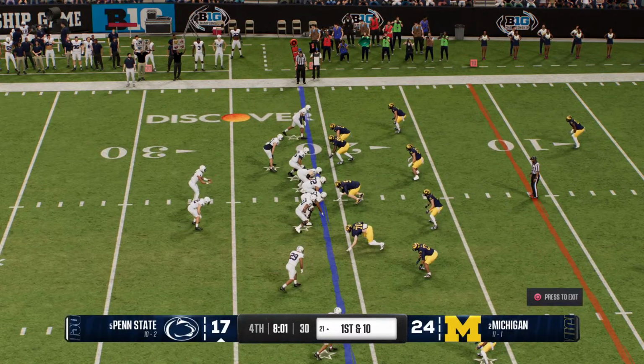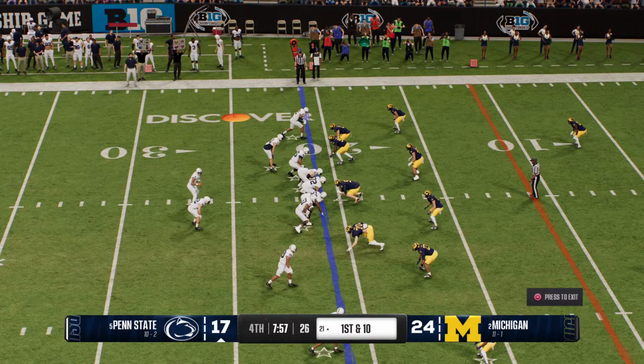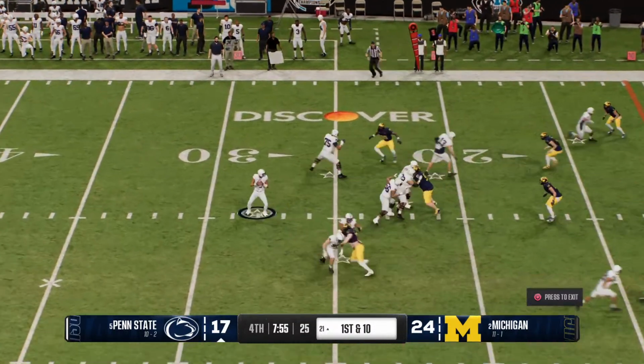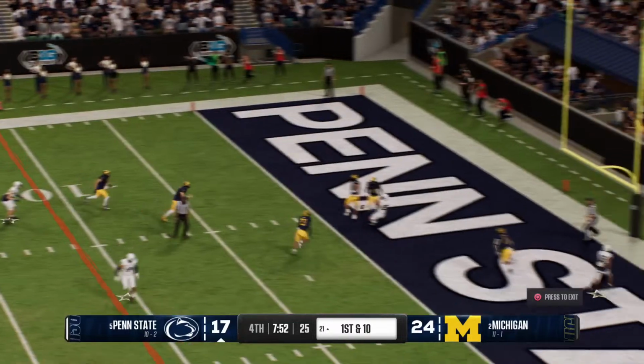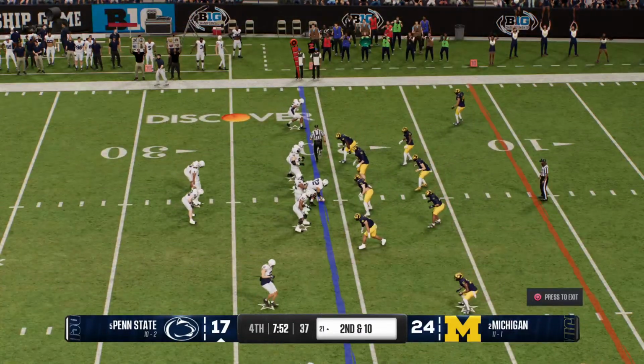This is a big conversion by this offense. They're down now in the second half. Probably limited opportunities at this point in the game. Every chance you get your hands on the ball, you need points. They keep this drive alive right here. Oh, and it's batted down by the defense. Great play to deny a touchdown.